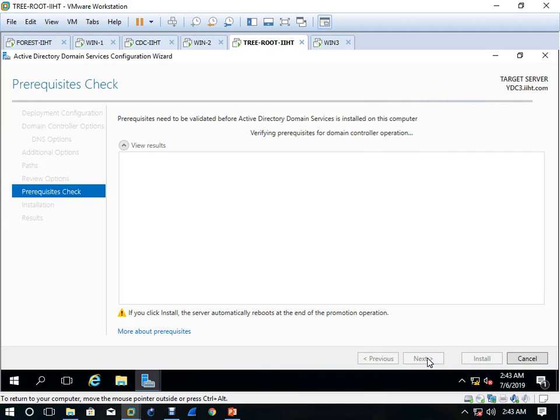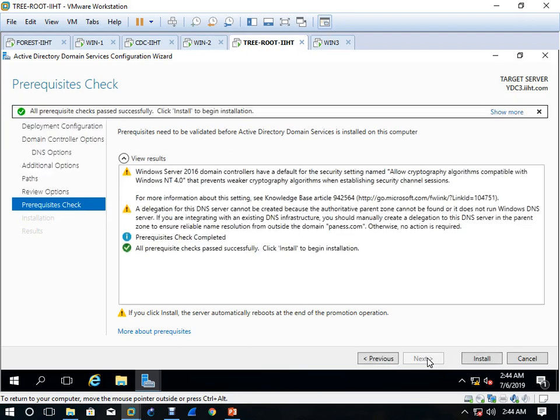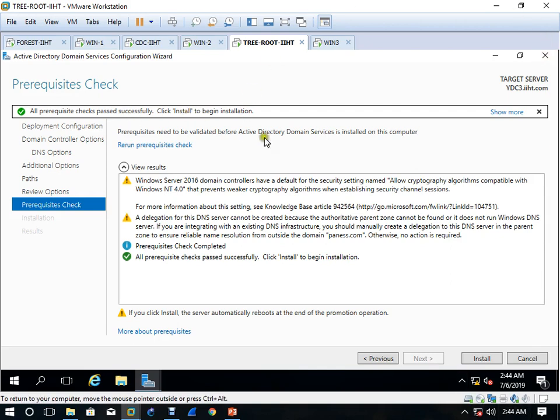The prerequisites will be verified, and after that we'll click on install to install the tree domain on this system. Okay, all the prerequisites are checked and passed successfully.